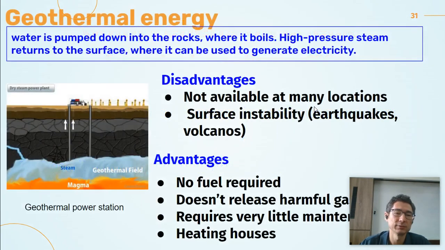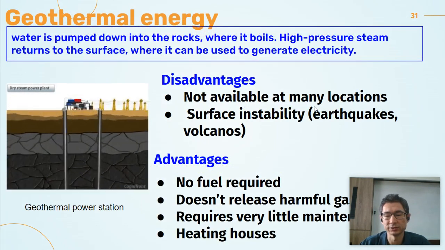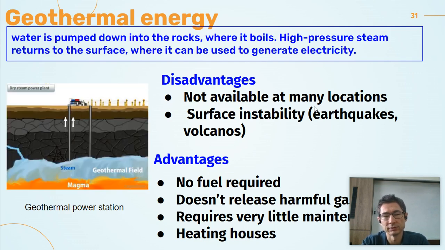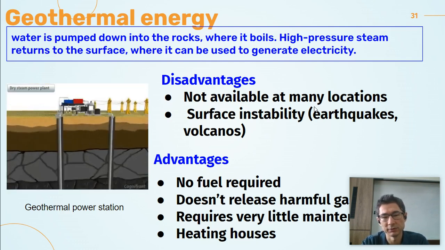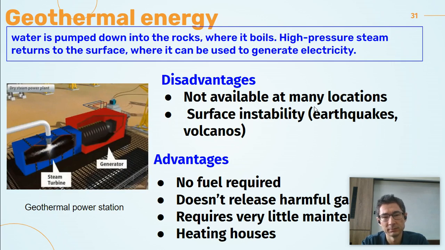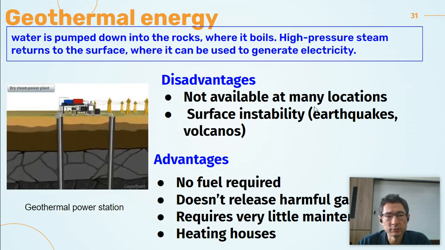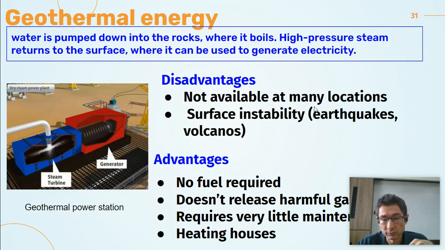Let's continue. We will continue with geothermal energy. What's geothermal energy? Geo means earth, thermal means heat, isn't it? So earth energy. Energy comes from the earth, from the magma, volcanoes, and the core of the earth. Water is pumped down into the rocks